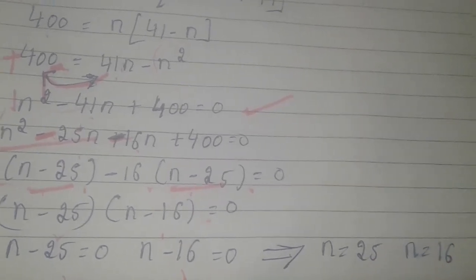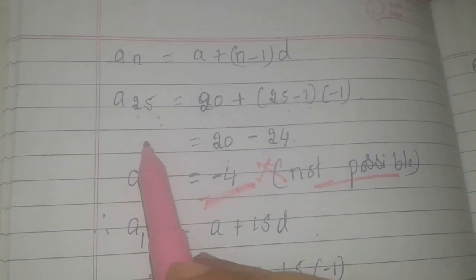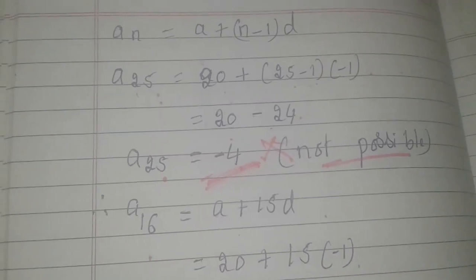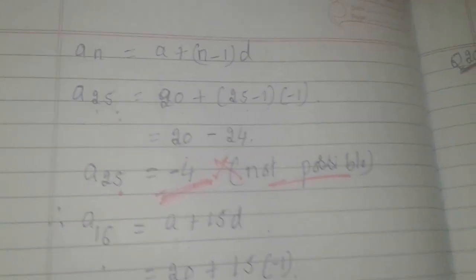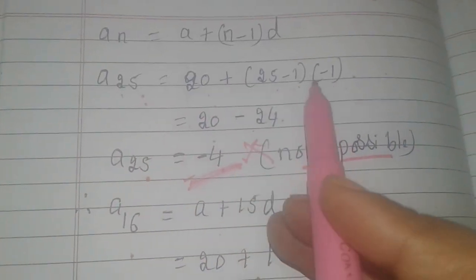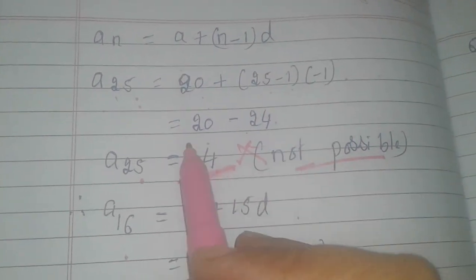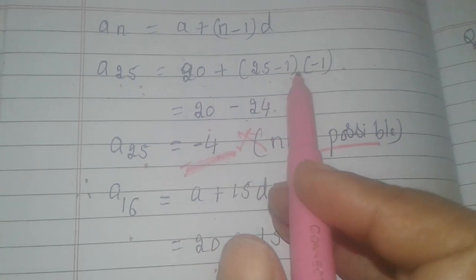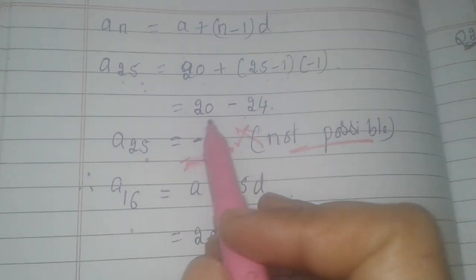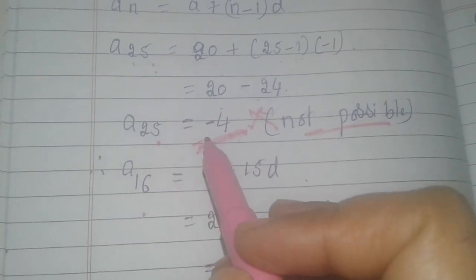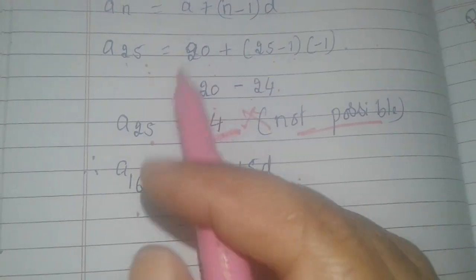Since I still have to find an, let me see with an which one I can neglect. So let's take n as 25 and find a25. Take n as 16 and find a16. Let us see which is possible and which is not possible. So a25 equals a plus 24d. I can write it directly, as I have used the formula. So a as 20 plus 25 minus 1 is 24, common difference is minus 1. 20 minus 24 is minus 4. As you know, because he is asking the number of logs in the top row,